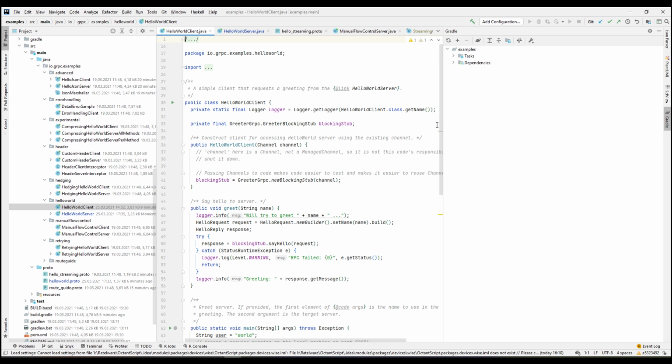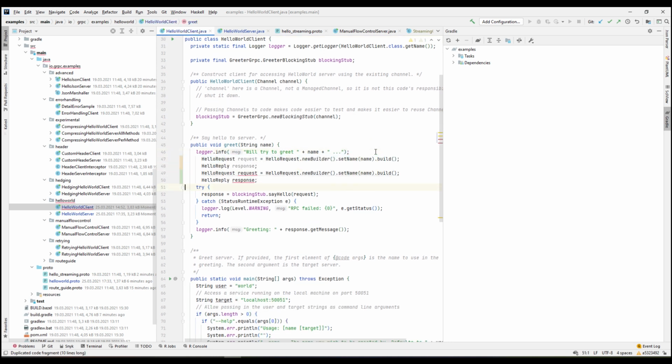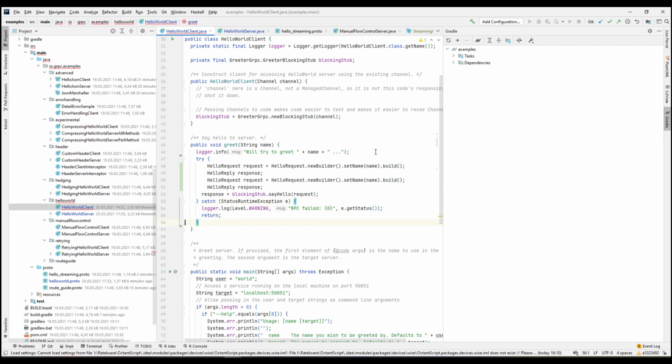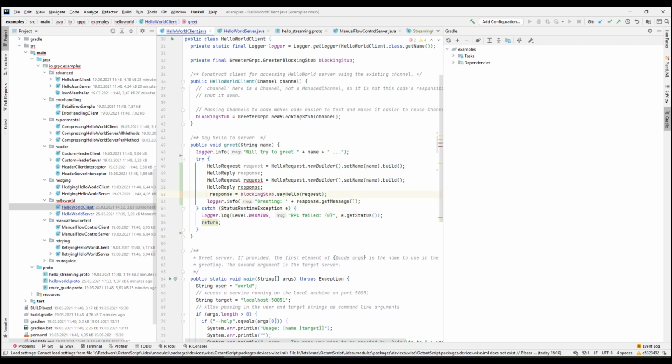And we're also going to have those two things here. We're going to have both hello and goodbye. I'm going to move them here, and this is for hello, and for bye, I'm gonna have something similar. So I'm gonna have bye request to have a bye request, and then I'm gonna have a bye response, which would be a blocking stub, say bye,